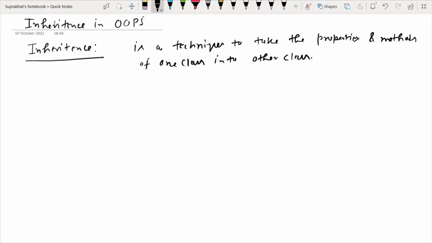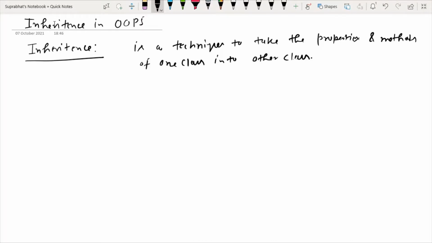What does it mean? For example, I have made an antivirus program in 2020, and now in 2021 I have another class, and the old class was in 2020. I want all the features of the 2020 antivirus to automatically come in my 2021 antivirus class.